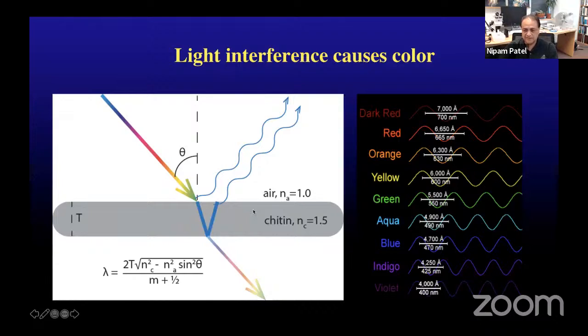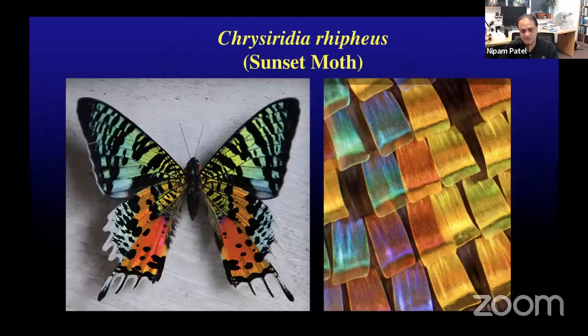So butterflies can take advantage of this, and by tuning the thickness of the chitin layer, they can make any color that they want using that mechanism for those butterflies that use structural color. So what I'm going to show you next is actually a picture of a moth. This is called a sunset moth, but the only pigment color in this moth is black. And every other color you see, which is all the colors of the rainbow, are created by this phenomena of light interference. So each of their scales is actually a multi-layer of chitin and air, and each scale has a different thickness and spacing of those chitin layers. So then each individual scale can be a different color.